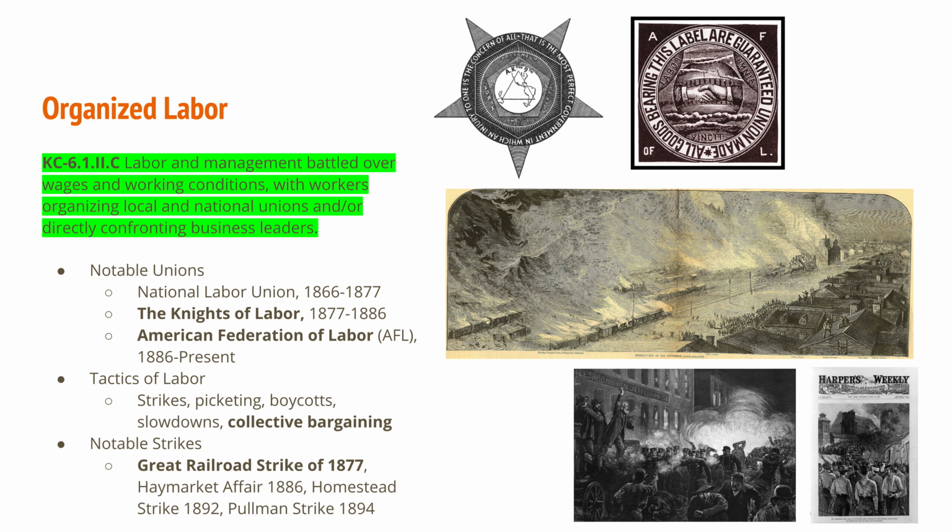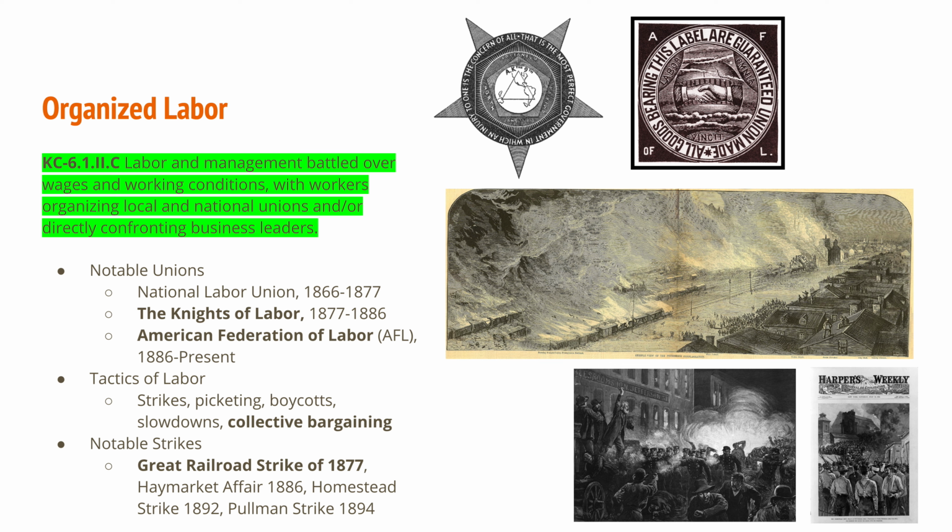We have the Haymarket Affair in 1886, seen in the bottom left. This started as a May Day parade, so a Labor Day parade, essentially, that was organized by the Knights of Labor. But because some anarchists came in and threw bombs at policemen, the Knights of Labor were blamed for it, and so they lost popularity and slowly began to fade, leading the way for the American Federation of Labor to be the next big labor union. We have the Homestead Strike in 1892 at the Carnegie Steel Factory, and the Pullman Strike in 1894.